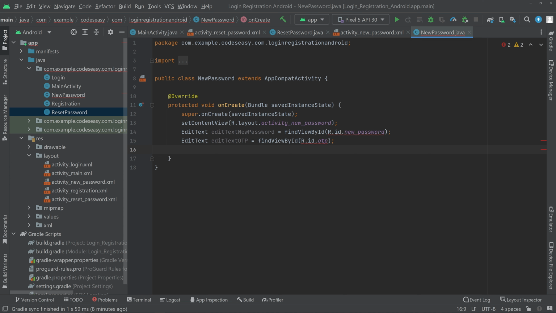Now we have created an object for the new password edit text and also for the edit text of OTP. And we have initialized them with the ID. You can see that we are using the correct IDs. Okay. Now we have to initialize the button